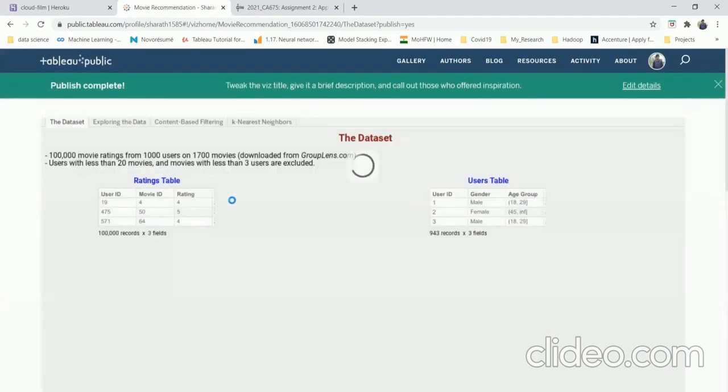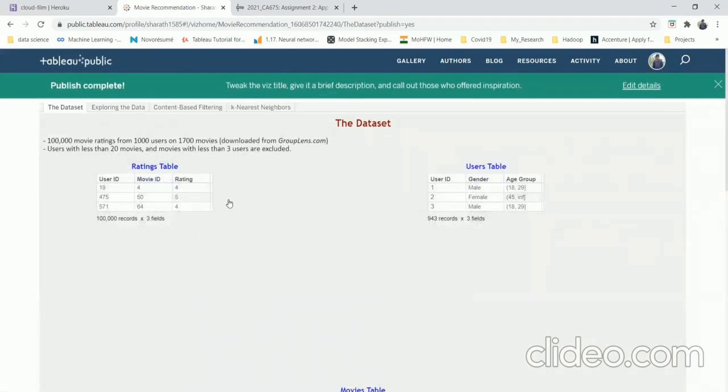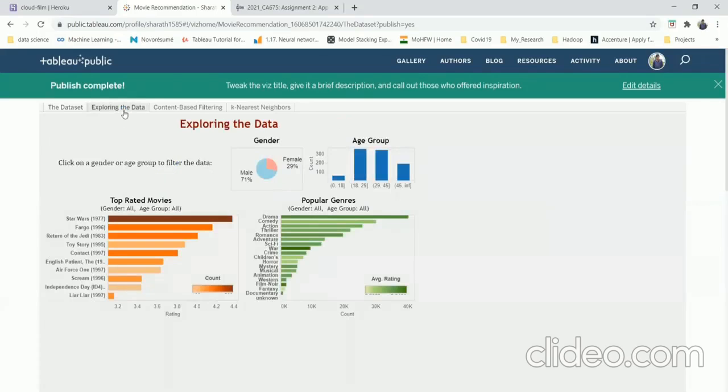There, initially we had around 100,000 movie ratings from 1,000 users on 1,700 movies. Whatever queries we ran in Hive, we did the same process in Tableau Desktop for the rating table and the user table, to check the top user IDs with the movie rating and movie ID, and then to explore the data, which we did in Hive queries, based on gender